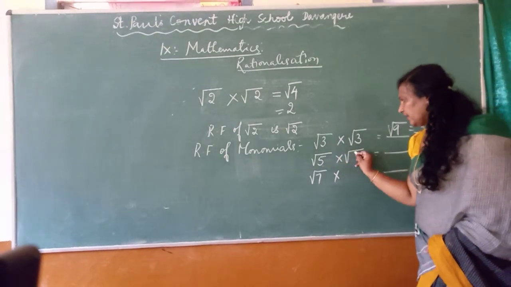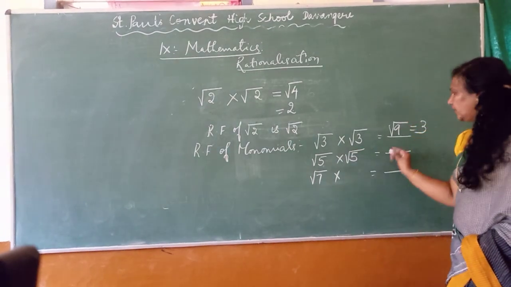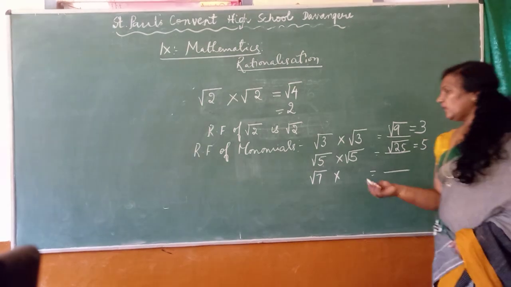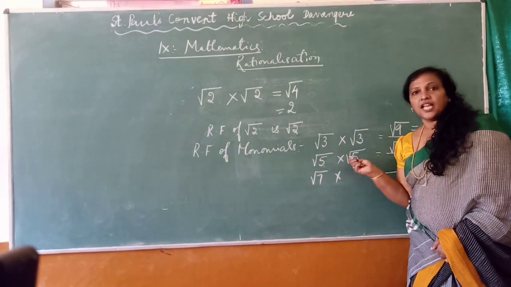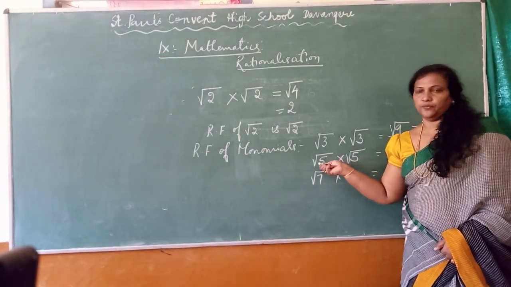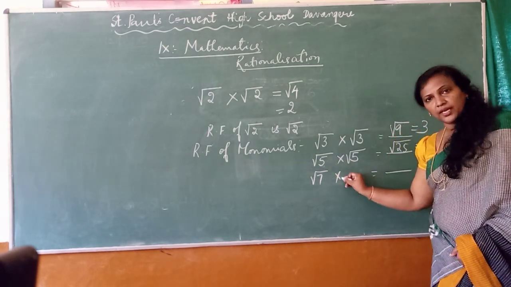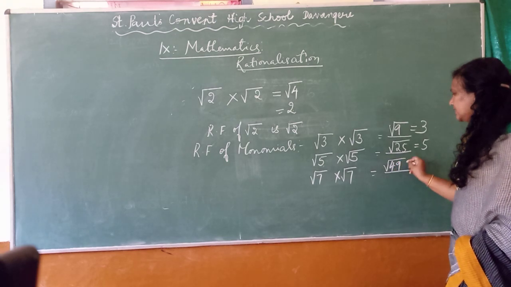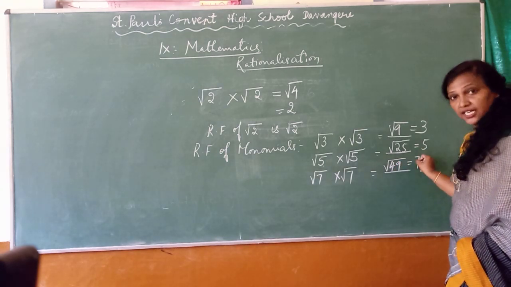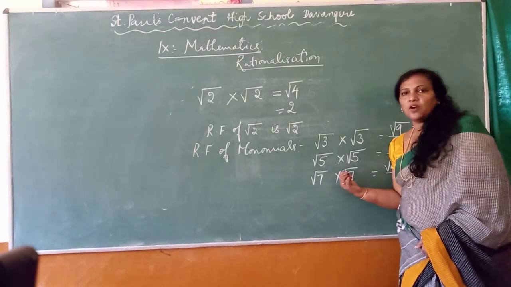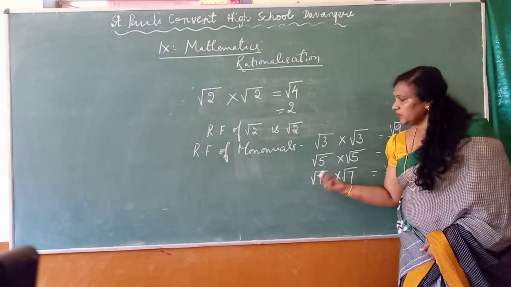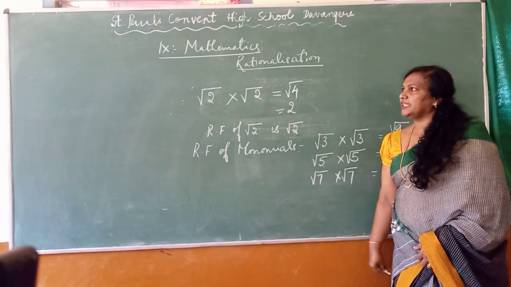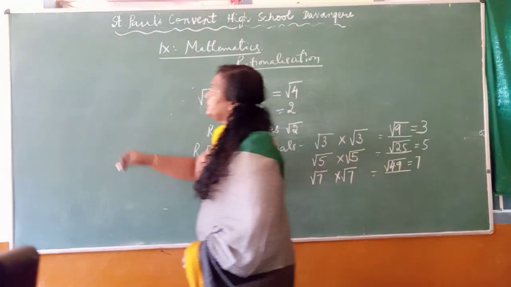Root 5. If you multiply with root 5, you get root 25, that is equal to 5. Then what is this root 5 called? Rationalizing factor of root 5. Root 7, by what should I multiply? Root 7. So root 49 is equal to 7. This is a rational number. So root 7 is called the rationalizing factor of root 7. These are all monomials. Now if I consider binomials,